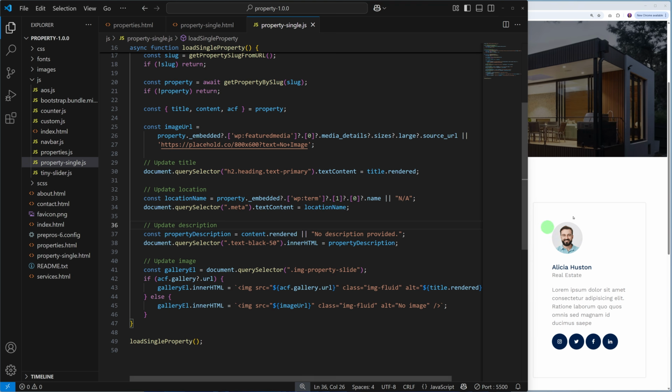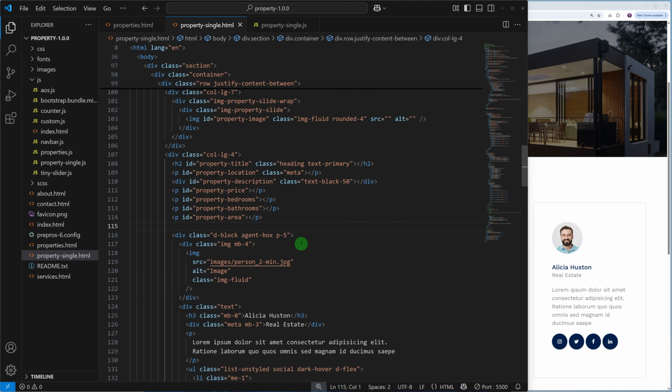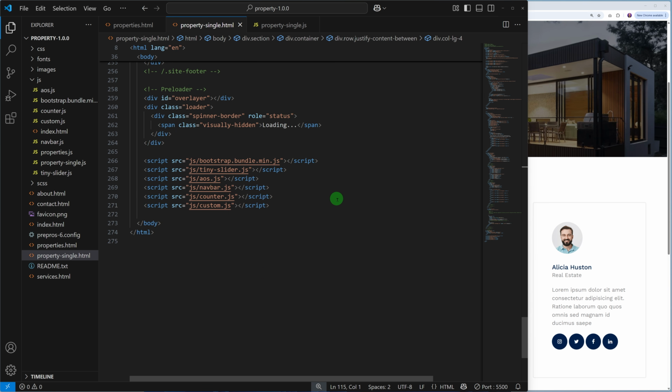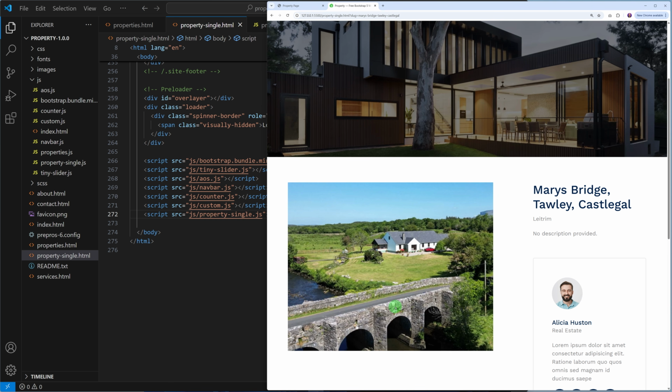So let's save this and see what happens, and nothing happens, okay? Oh yeah, we forgot to call the JavaScript on our page. This should be placed just before the closing body tag. So we need to add a line of code here, which is the script. And this is the one here: JavaScript property single.js, and then save. And there you go. So we have our image, we have the title, the location, but there is no description